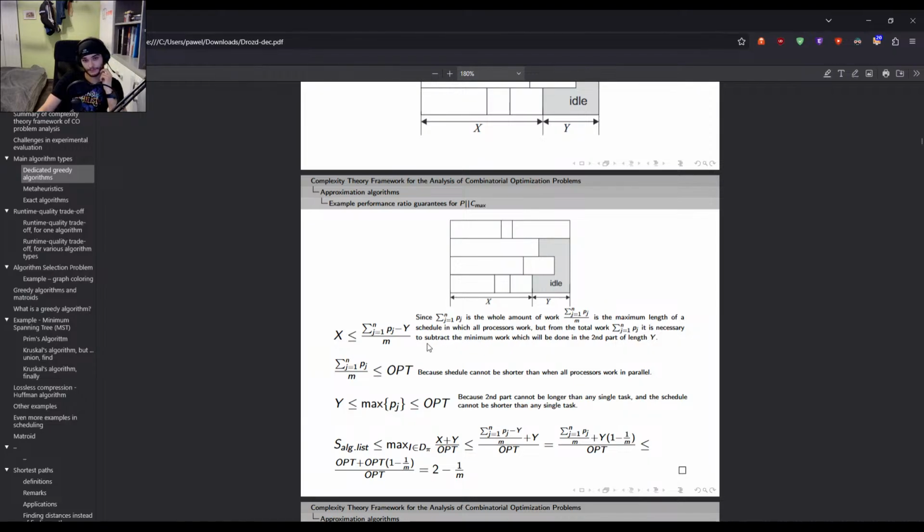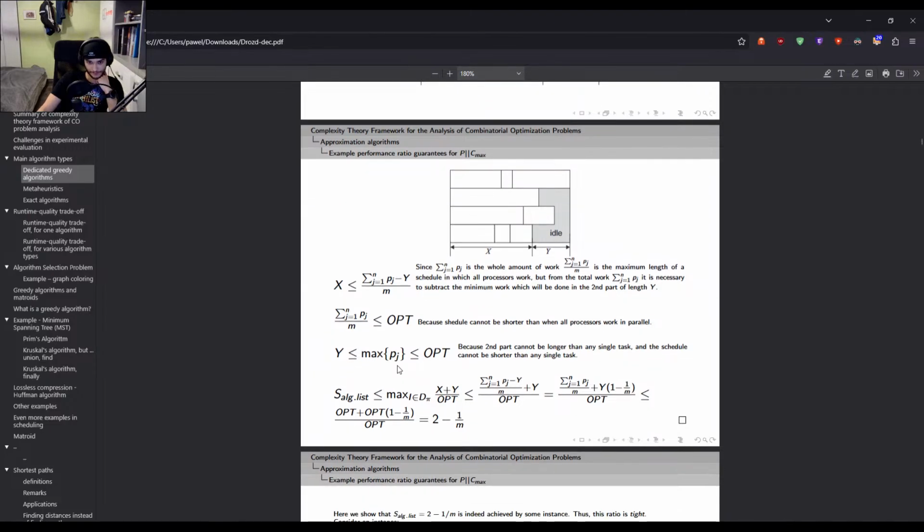It will never be better than this. This is always less than or equal to the optimal, because this is the perfect world, and again y will not be